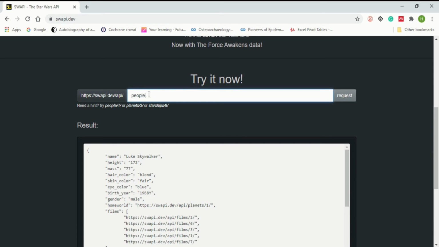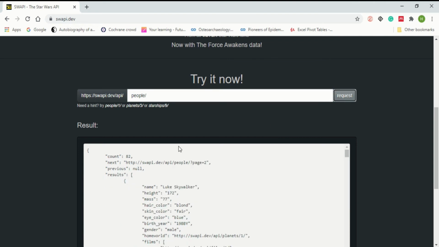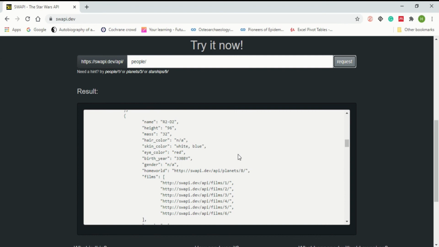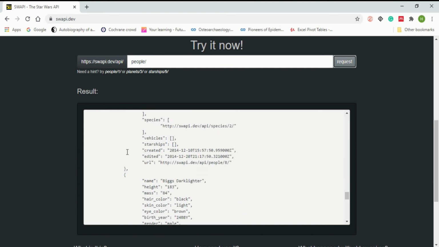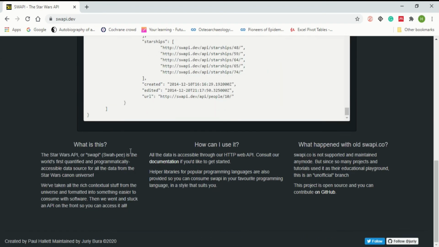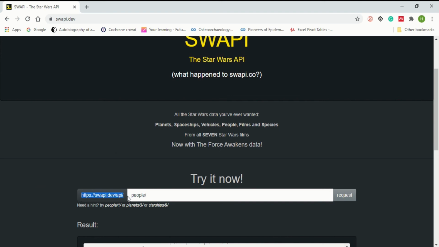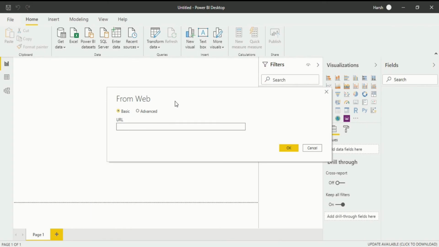So I will go for people slash. When you request it, you will see now you have a dataset for it, which is JSON. So this is a JSON data format. How can I import this data format? You just have to copy this. After that, you can copy till API only. After that, you have to write this in Power BI Desktop. So I will press Control C. After that, I will again go back into my Power BI Desktop. In here, you will write